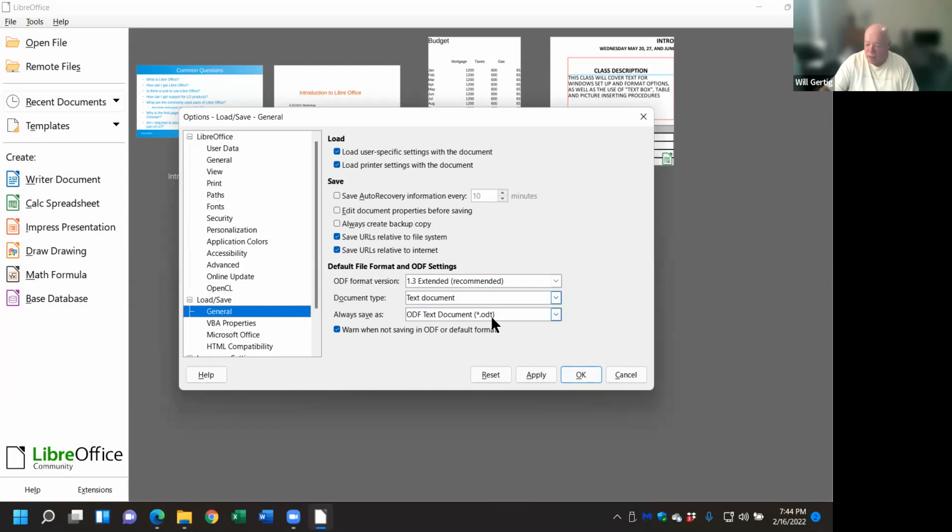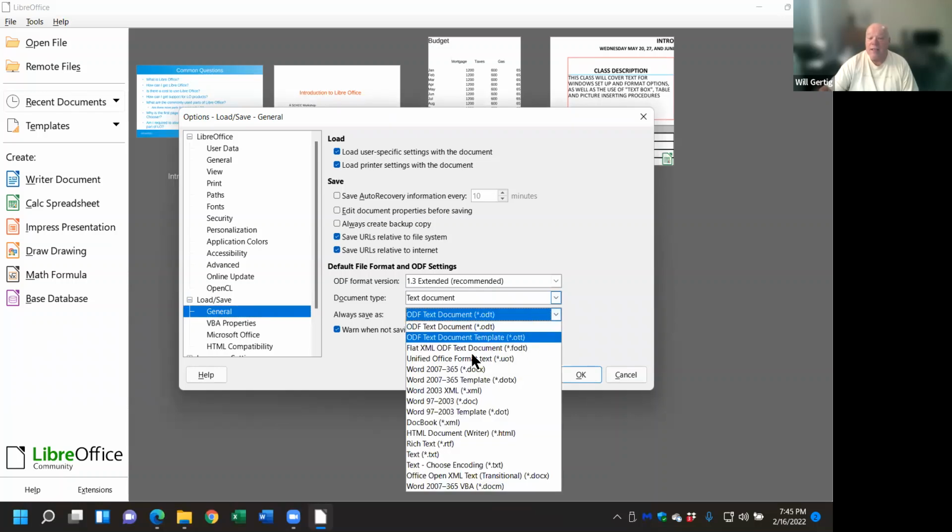That version can only be opened by LibreOffice. Now, that doesn't make it very compatible with the rest of the world, okay? LibreOffice is very compatible with the rest of the world in terms of their file format. So a LibreOffice tool can open a Microsoft Office file, but not vice versa. So what we usually suggest is that when you are doing a text document, you save it instead of an ODF text document, you save it as a Word 2003, a .doc, or you can save it as a,